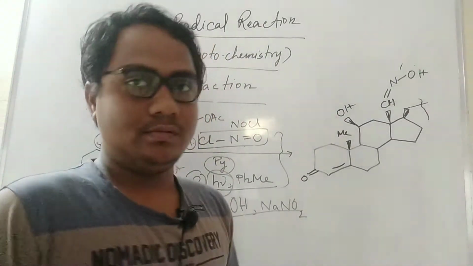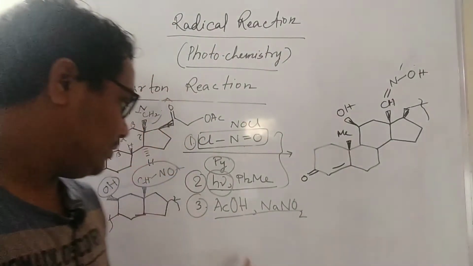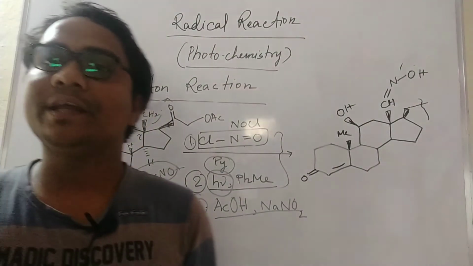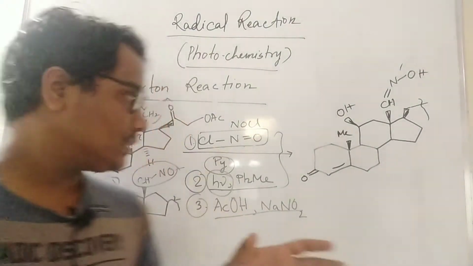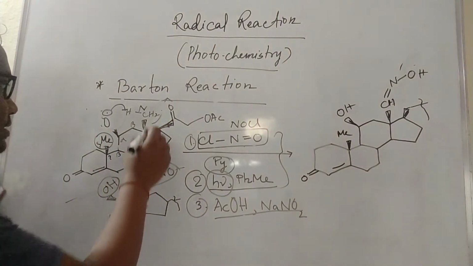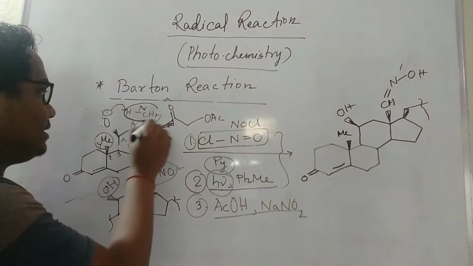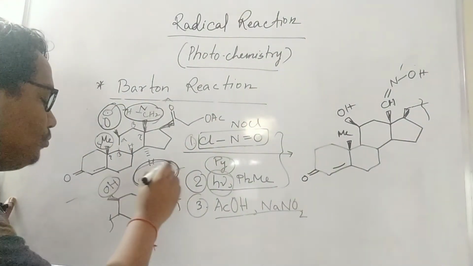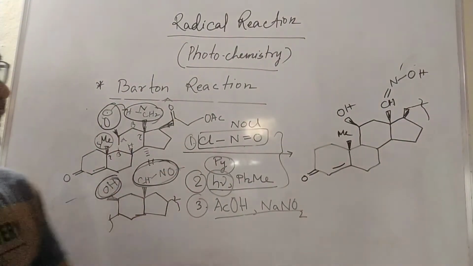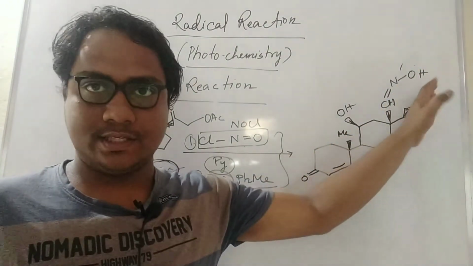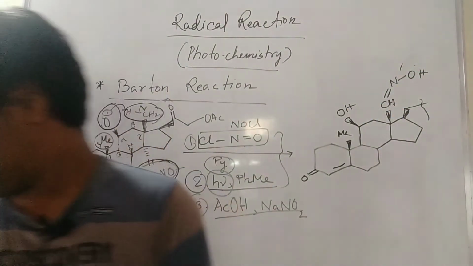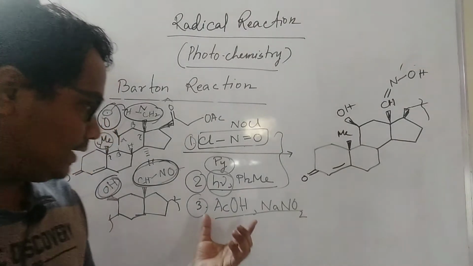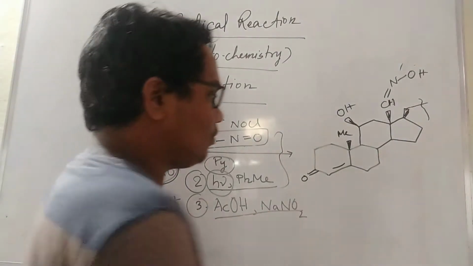Okay, now what happened? Here they use SiOH or NaNO2. So what happened here in this last step? First step is delta hydrogen abstraction by the adjacent O group, and then this CHNO moiety is formed, and then this is the third step in between. So the final product is, after SiOH and NaNO2, what will happen?